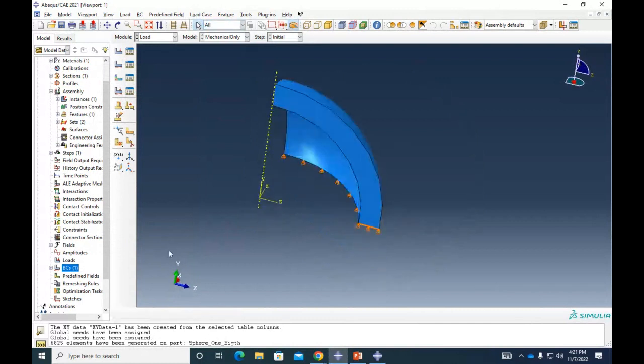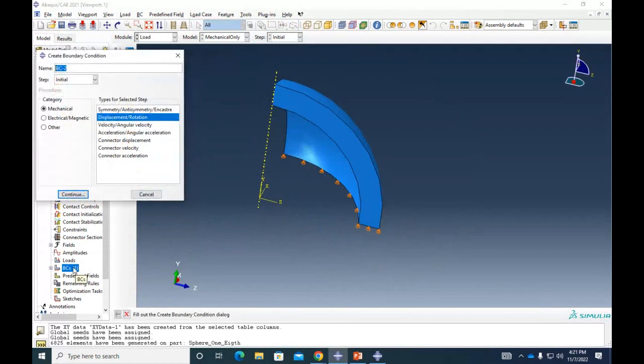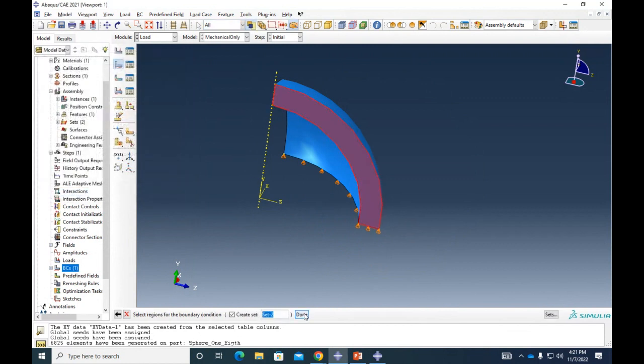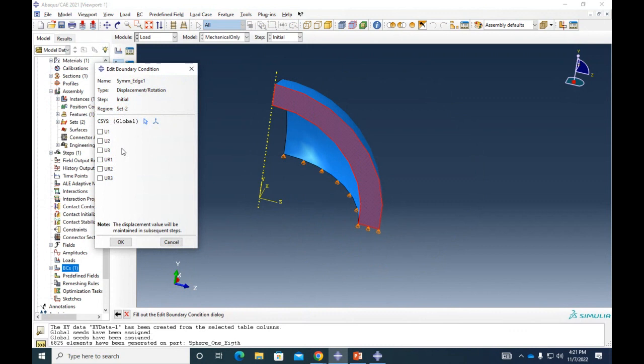Okay. Let's add another one. So symmetry edge, let's call it edge number 1, which is gonna be this edge. Which one do I have to click? Where is the roller? X, right? So it's the perpendicular boundary condition to this edge. So if we look at here, we see the x-axis. So that boundary cannot move in the x-axis.